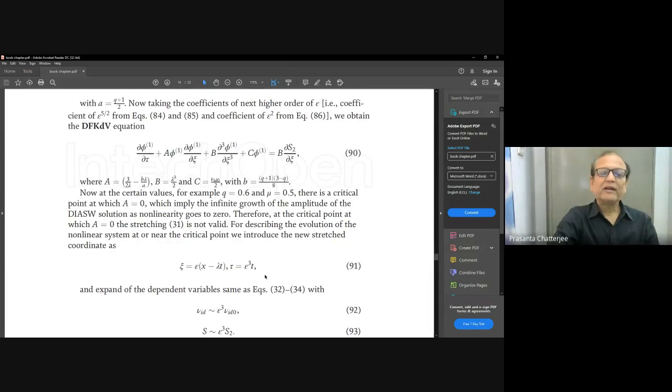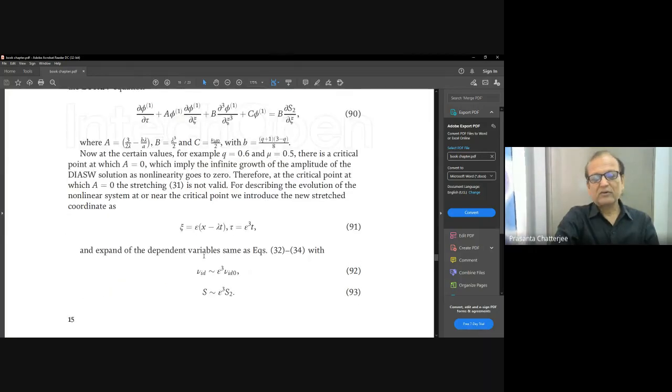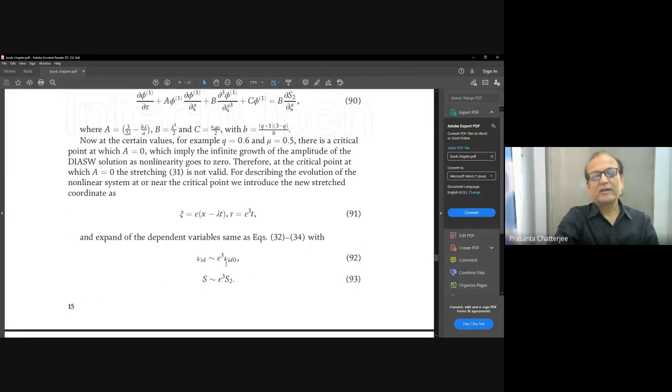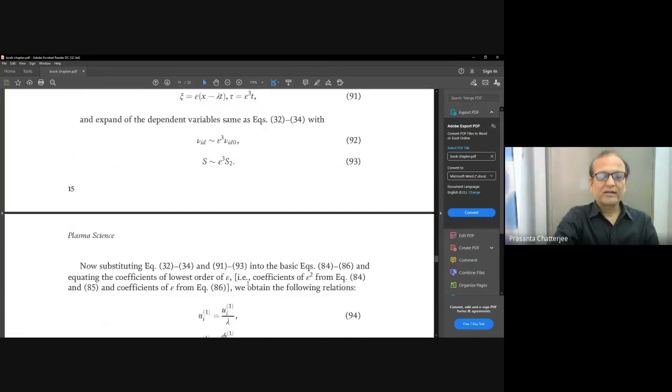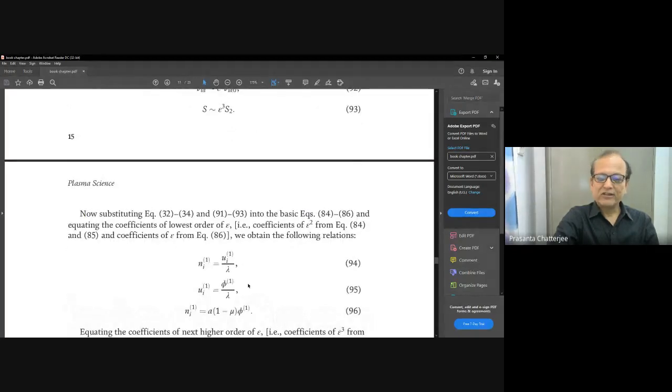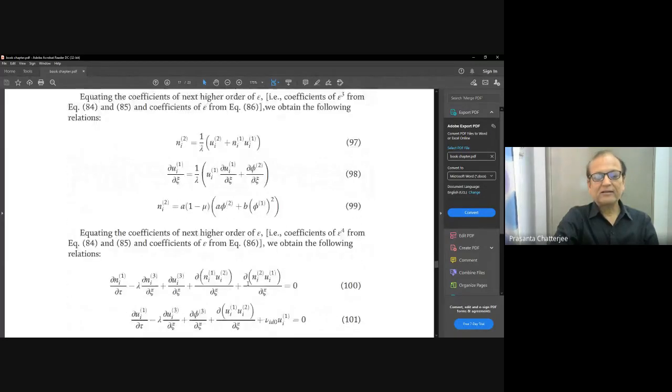So accordingly, we have taken a different stretched coordinate, xi equal to epsilon into x minus lambda t, and tau equal to epsilon cube t. It will satisfy the relation between omega and k of the first linear wave system. And if we consider nu_id equal to epsilon cube nu_id0, s equal to epsilon cube s2, then proceeding as we proceeded earlier, we can obtain the